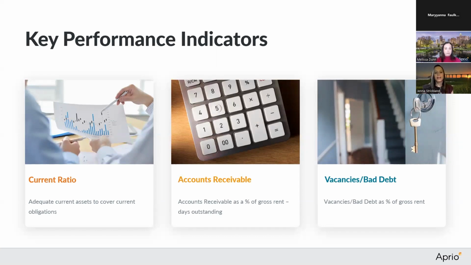So the bad debt comes in, like we said, when you have those accounts receivable and they're not able to be collected, you're going to write those off as bad debt. So you do want your bad debt to be, I would say, less than 1% of your total revenue. You don't want those numbers to get very high. So that's something to look at. And again, the vacancies, you probably want to be less than 10% of your total revenue.